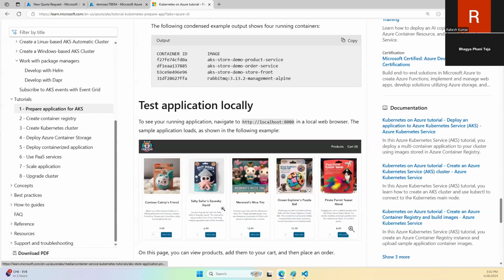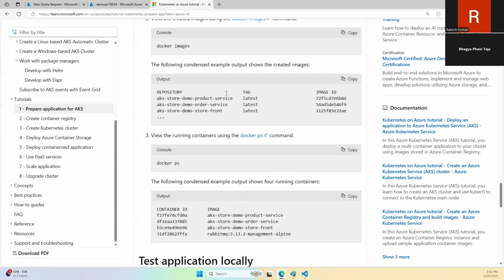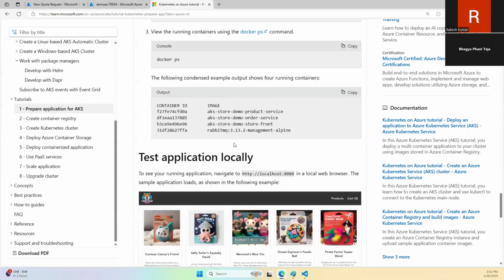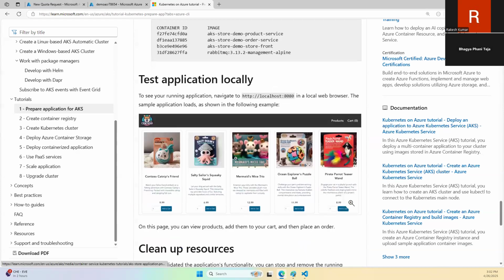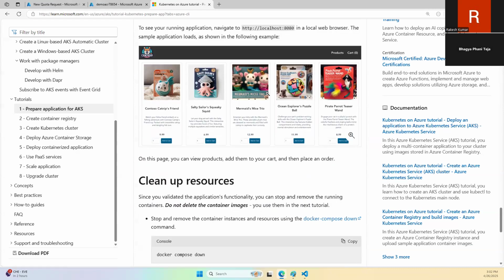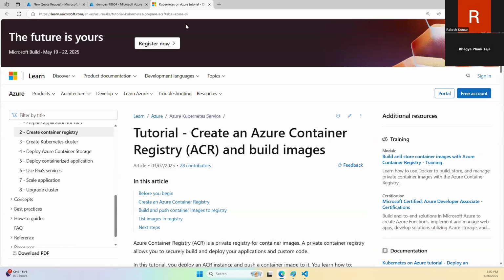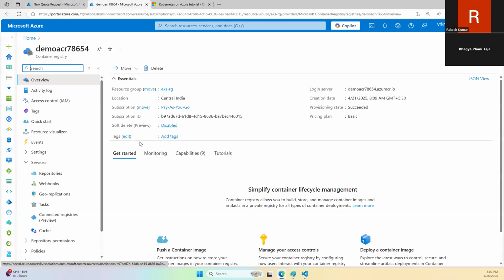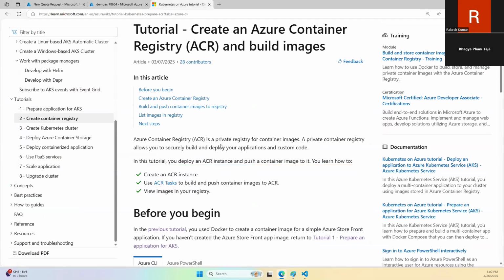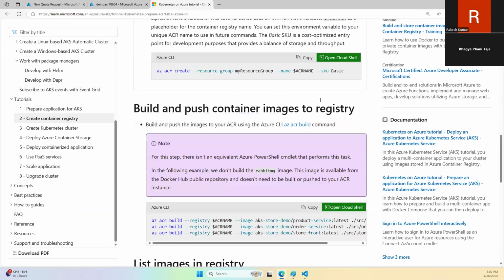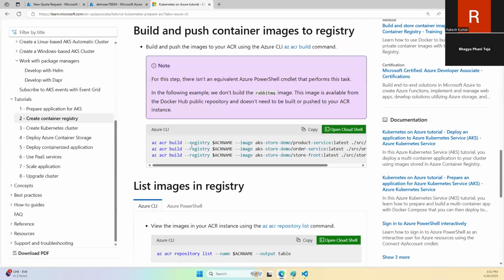Then we tried to run the application. When you do this building of images with compose, it will automatically build the containers out of those images, and we checked whether the application is working properly or not. Once everything was done, we went ahead and created an ACR. And in the ACR, we tried running these commands,